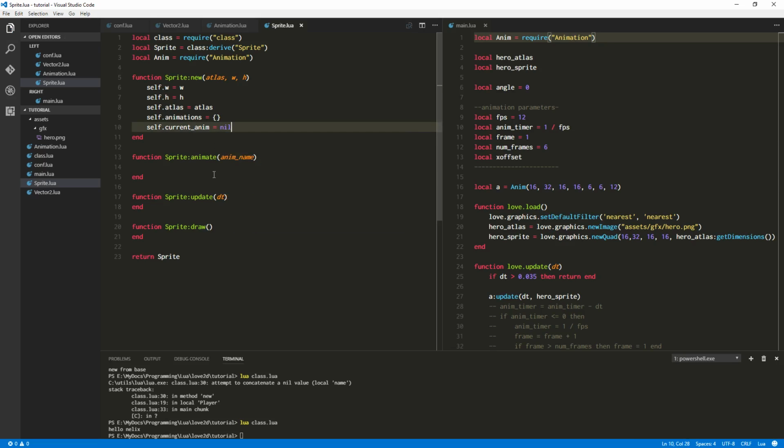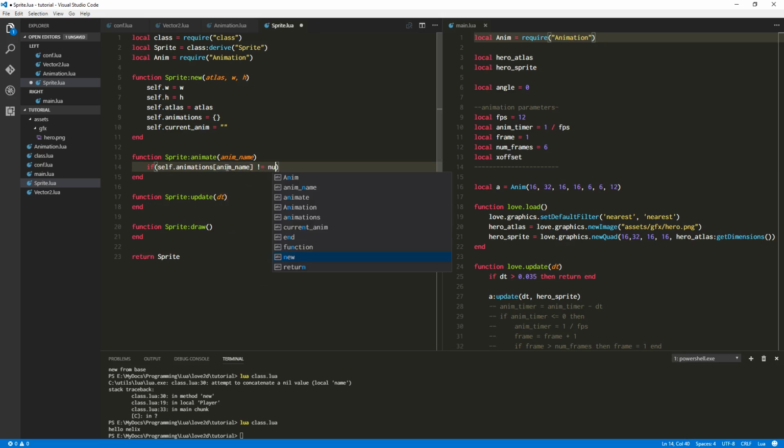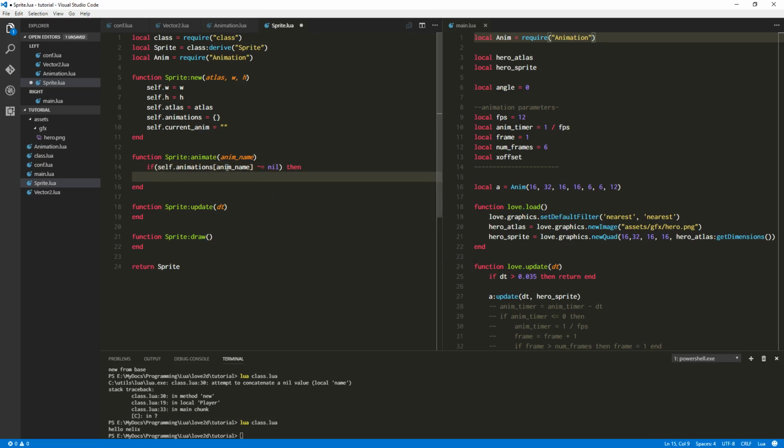Do we want to do that? I'm going back and forth on it. Can you tell? Let's say if self.animations of anim name is not equal to, this is Lua, not equal to nil, then